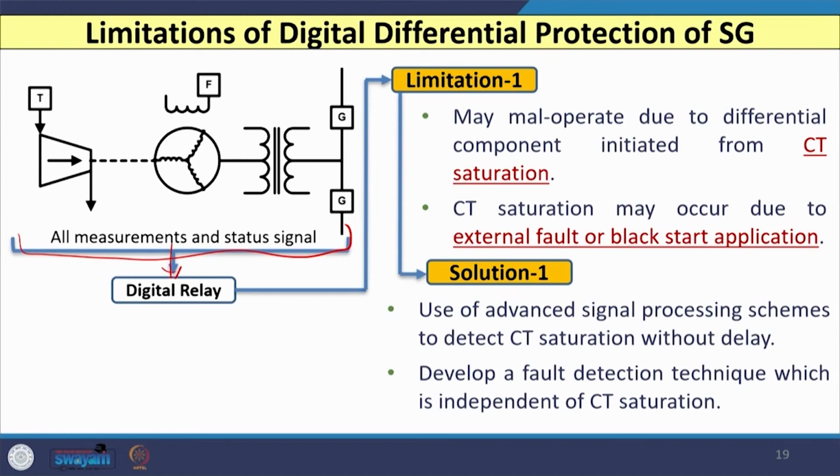Most digital relays may mal-operate because of CT saturation, which may occur because of an external fault or black start application, and then the differential unit 87G may mal-operate. The solution is to use an advanced signal processing scheme to detect CT saturation without any time delay,